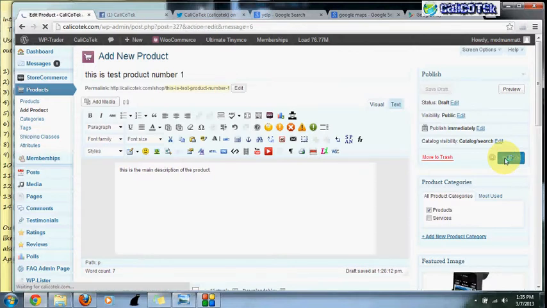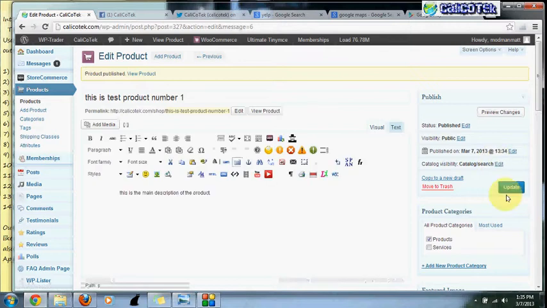And anytime you're making pages or posts or anything, you always want to hit the update tab. That's like the save tab. That's going to save your changes and make them actually stick. So now this product is saved. We're going to go ahead and go to view product so we can check out our product on the website,